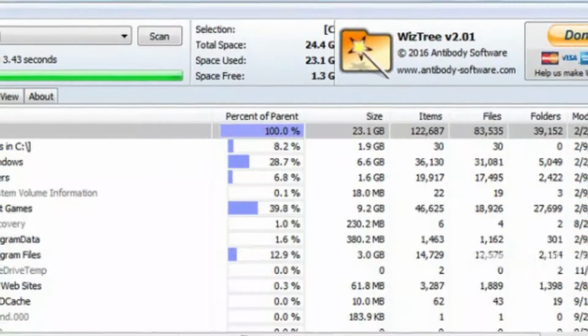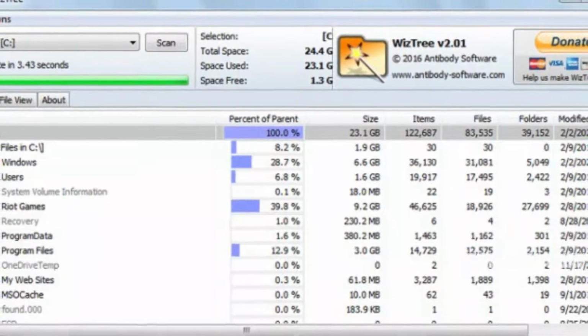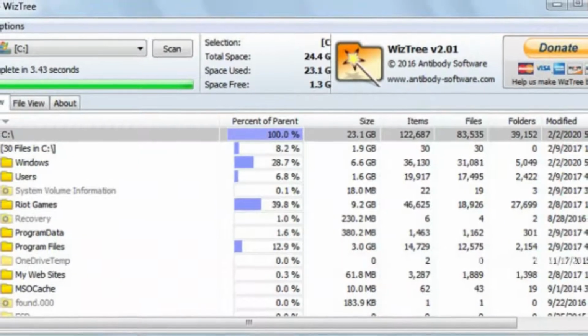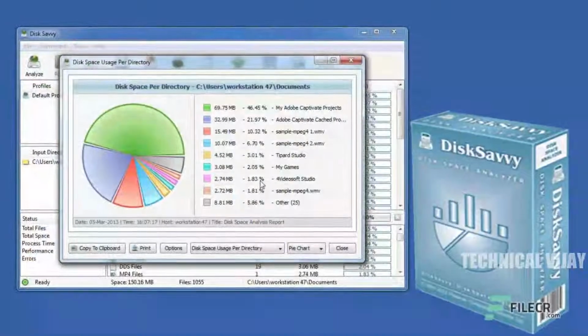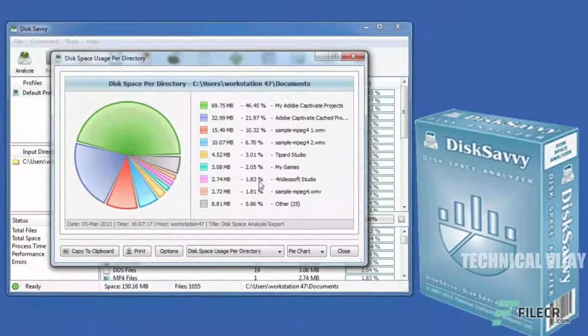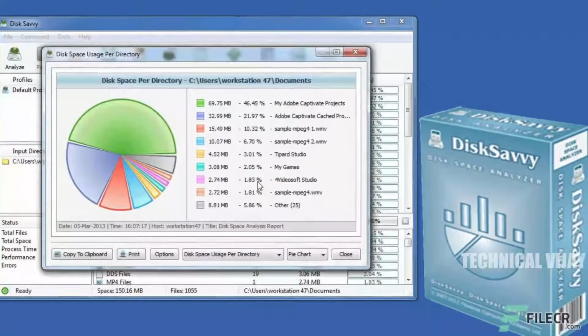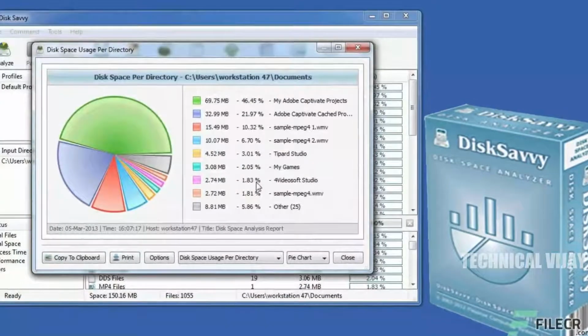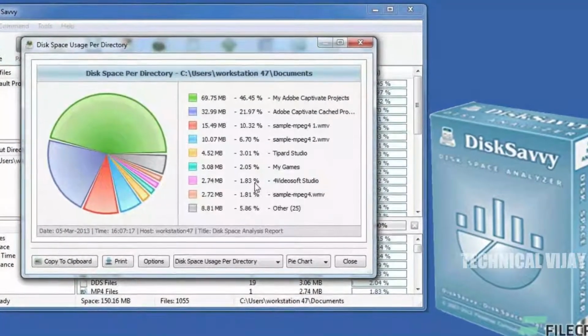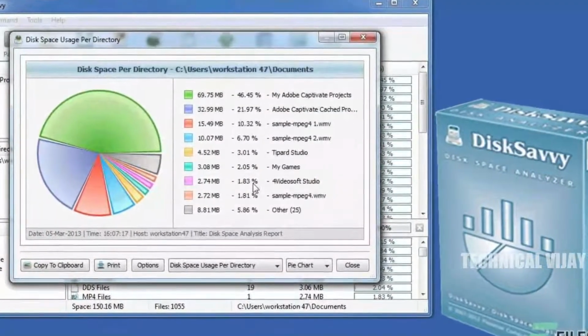Although it only shows data along with its size, it has a special filter section that lets you see the data using handy categories. Some of these categories include extension, modification time, access time, creation time, user name, and a few more. You can also use pie and bar charts, but they are not interactive. So in this way, this interface will be helpful to decide which folder has which size of file and what type of file, and whether it is required or not. That also we can analyze.